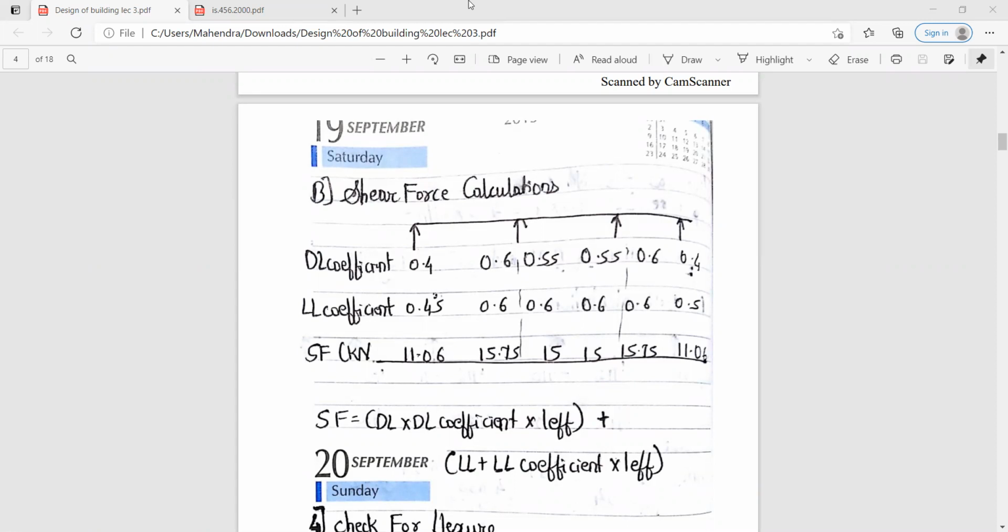Yes, Omkar, Tanveer, completed. Okay. I hope all the others had also completed the shear force calculations.